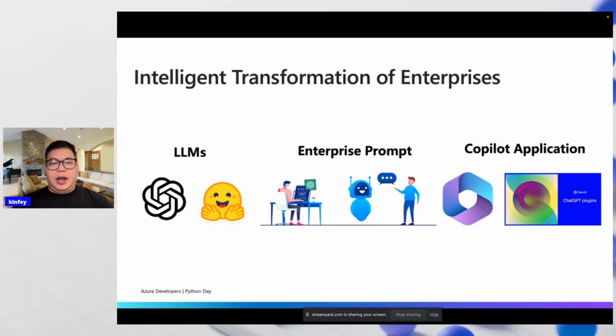I think if you are an enterprise developer, maybe my suggestion is you need to think about all your enterprise data and enterprise solution, which is important. But I think these three things are important because you need to focus on the front end, back end, and the middleware in your solutions.